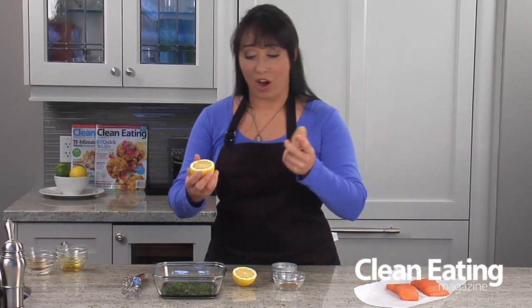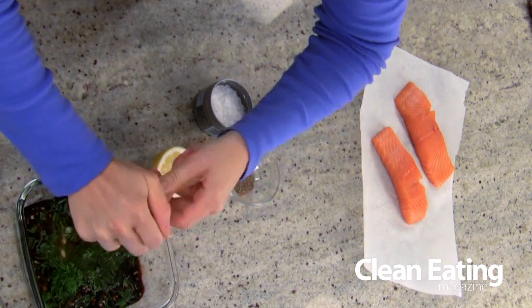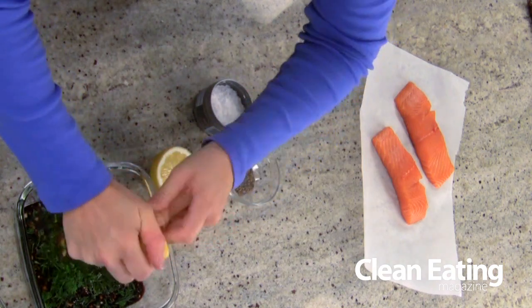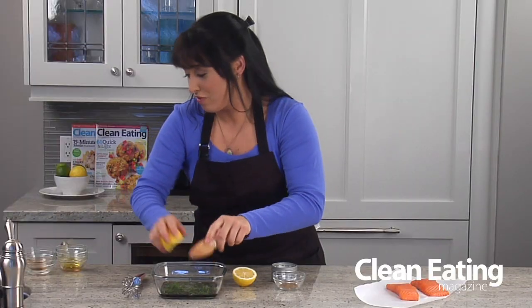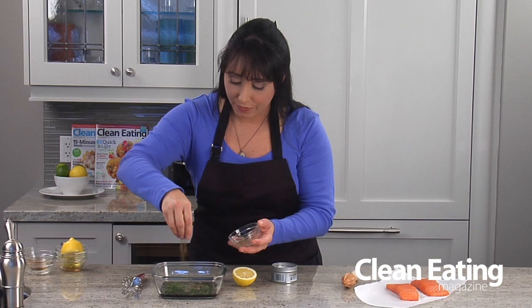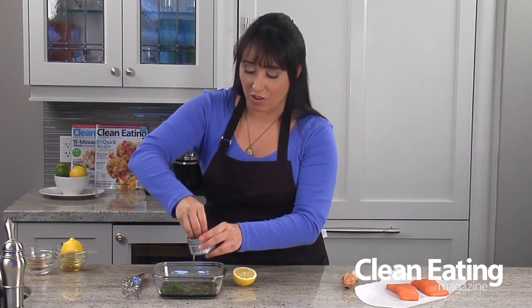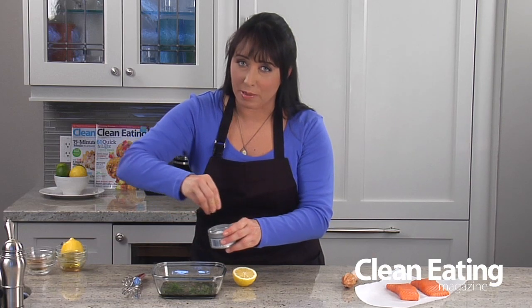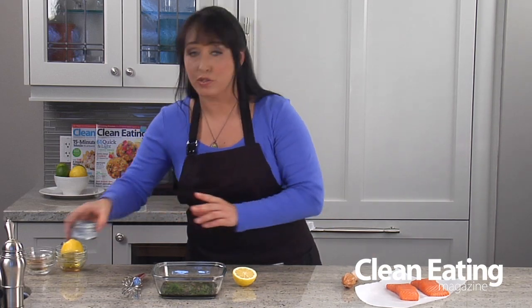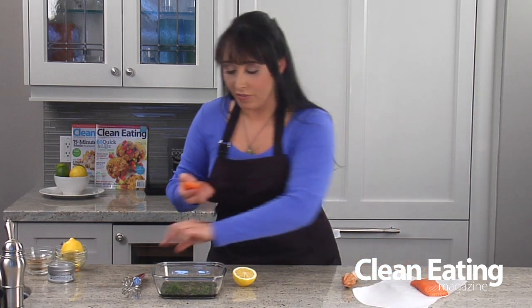And of course, we've got some fresh lemon juice. And don't worry too much about the seeds because we're going to pour off the marinade anyway. So if you get a couple seeds in there, no big deal. And then we need a little bit of fresh ground pepper, black pepper, and a little bit of salt. Just a little bit because we've already got some salt because of the sodium in our soy sauce. Now you can just give this a little stir